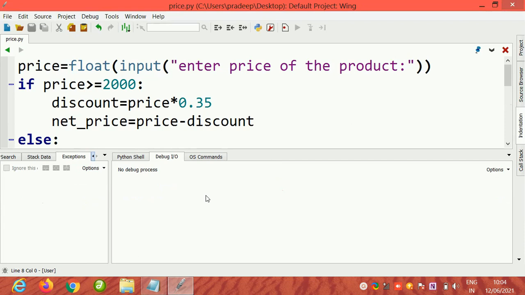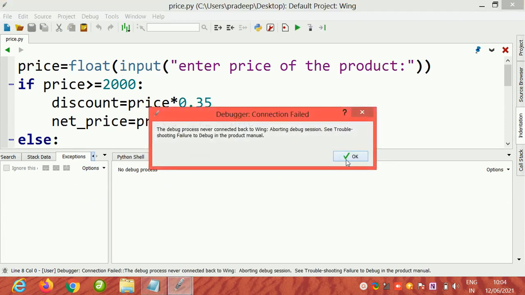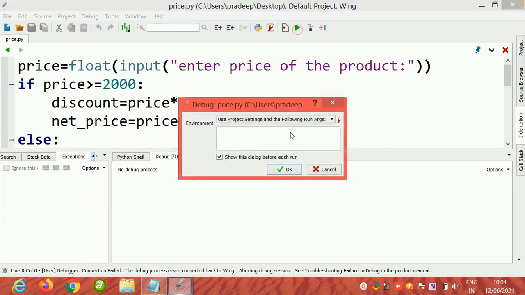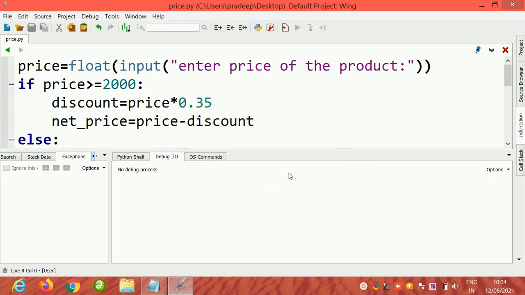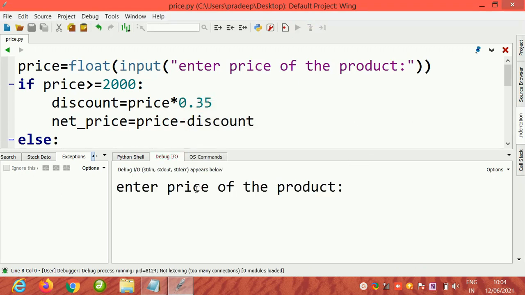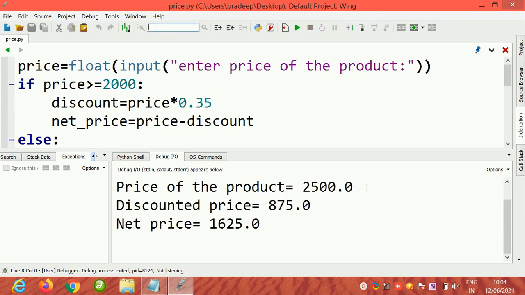Now it is processed. So enter price of the product. Suppose you are entering 2500. So this is the discounted price, that is 875, and your net price is what,